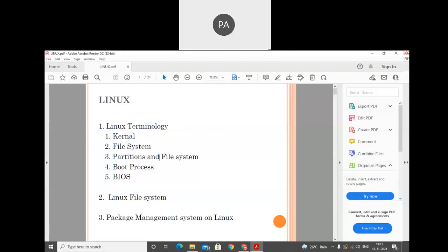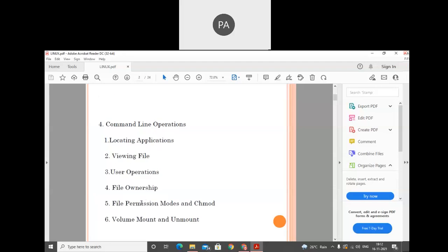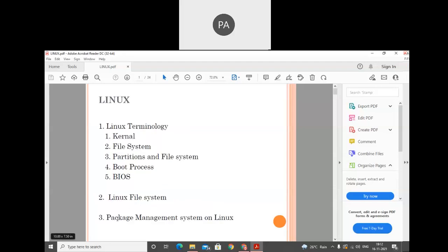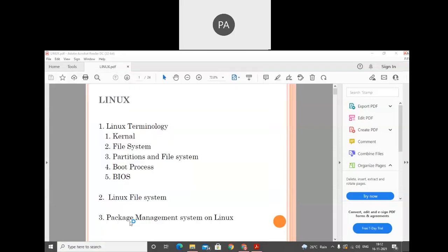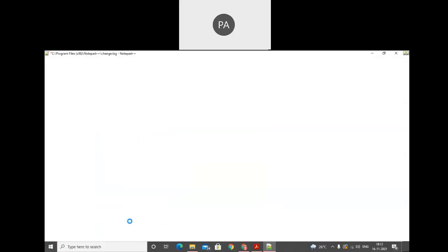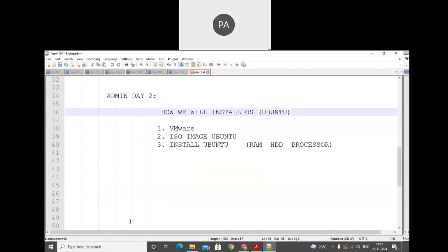And once we complete the Linux terminology, we will learn about the Linux file system, various kinds of Linux file systems. After that, we'll learn about some package management systems. For example, just let me show you, one minute. Package management system, for example, we all know that we already discussed the concept of open source. And in the package management system, we need to understand